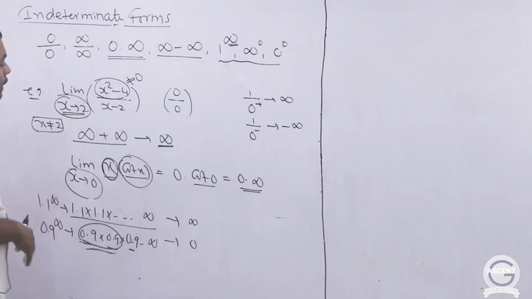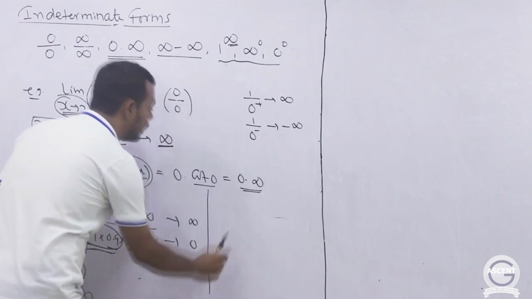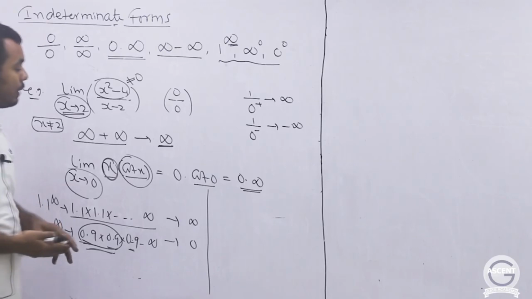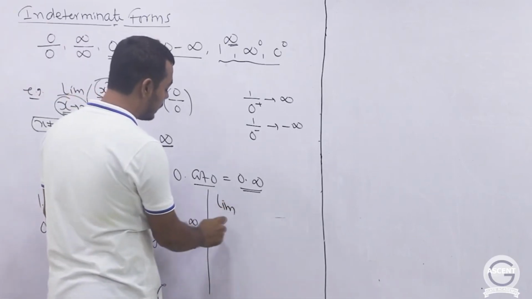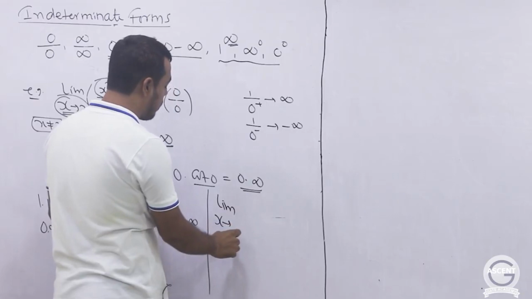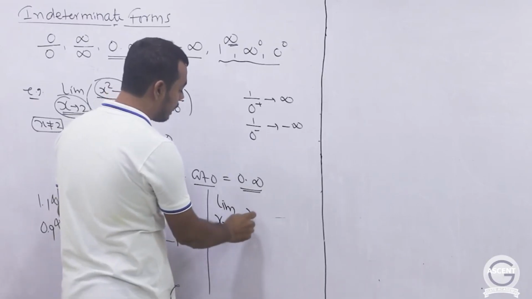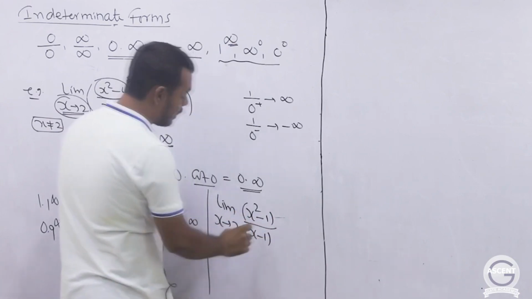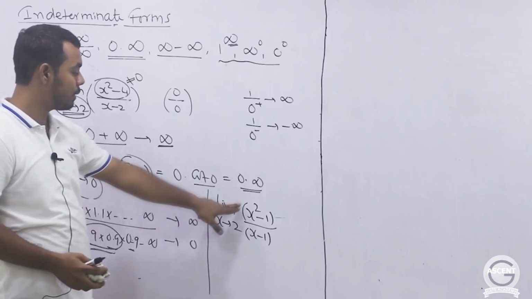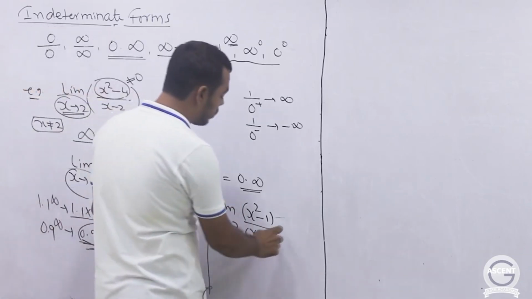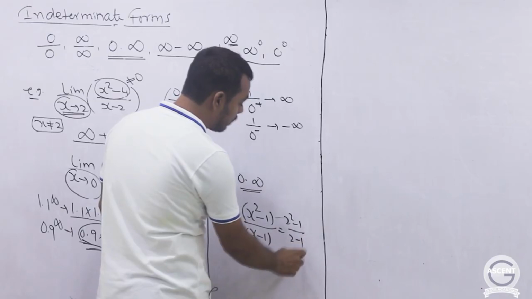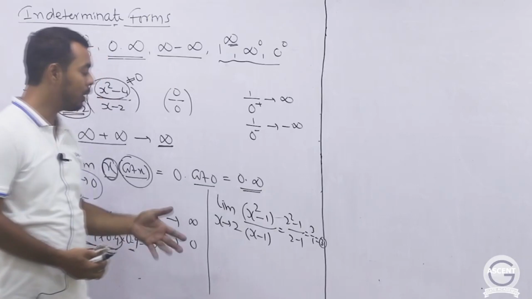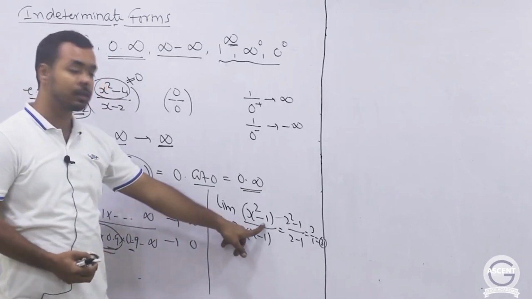Now while solving limit problems, first you should find out whether you are getting any one of these 7 indeterminate forms or not. So for example, suppose I had this problem: limit x tending to 2 of x square minus 1 by x minus 1. Now here can I directly substitute x equals 2? Just see, if I substitute 2 here, then I will get 2 square minus 1 by 2 minus 1, 3 by 1. So this is giving us a finite number. So here we don't have to do any calculation, directly substitute x equals 2.